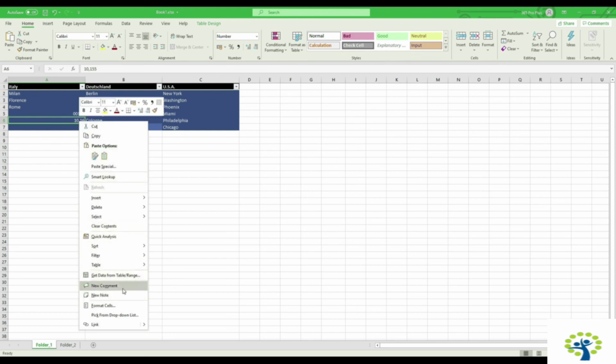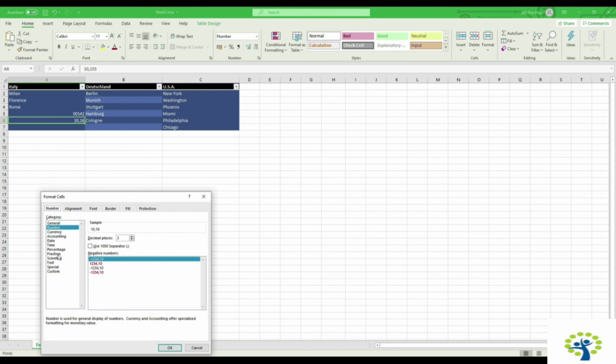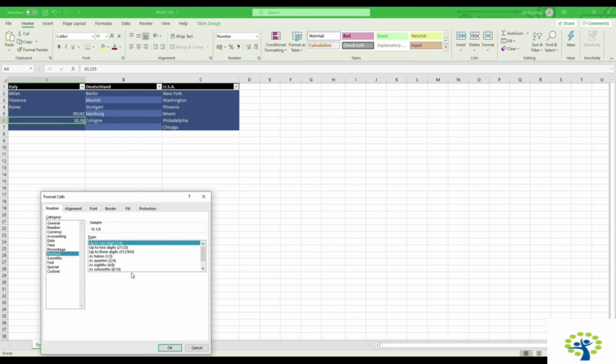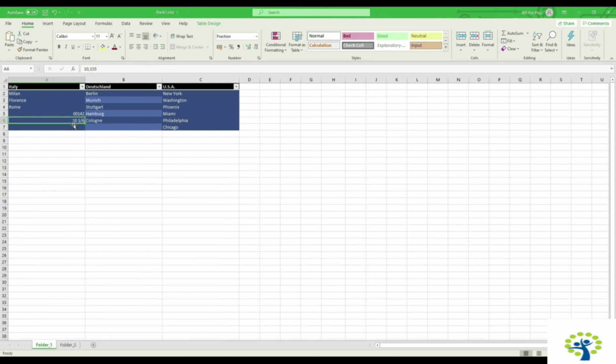Go to Format Cells once again and you have the chance of inserting a fraction. Therefore, go to fraction format and choose how many digits the fraction should have. With only one digit, the result will be 10 and 1/6. With two digits, the result would be 10 and 11/71, and so on and so forth. If you clicked OK, choosing just one digit for the fraction, on screen you'd see that the result would be 10 and 1/6, but in the formula bar it will remain